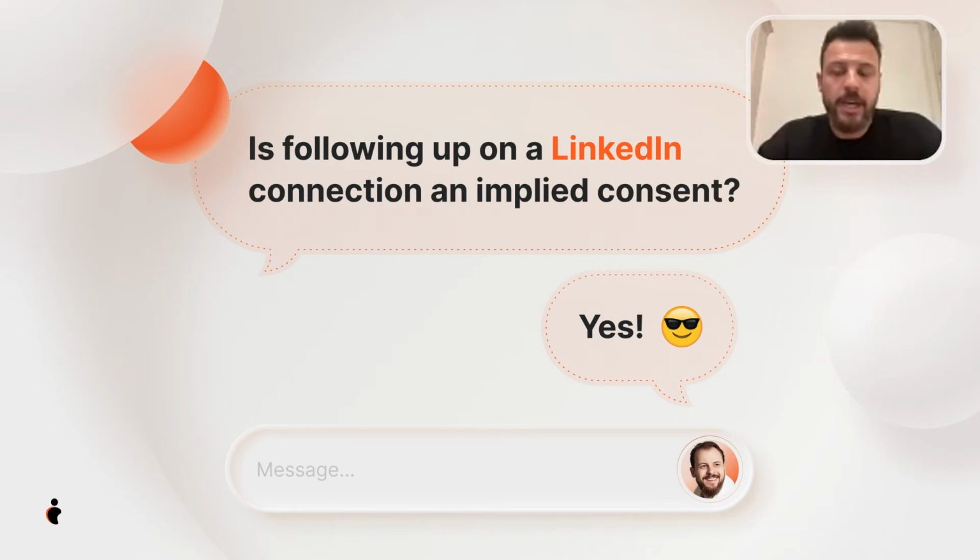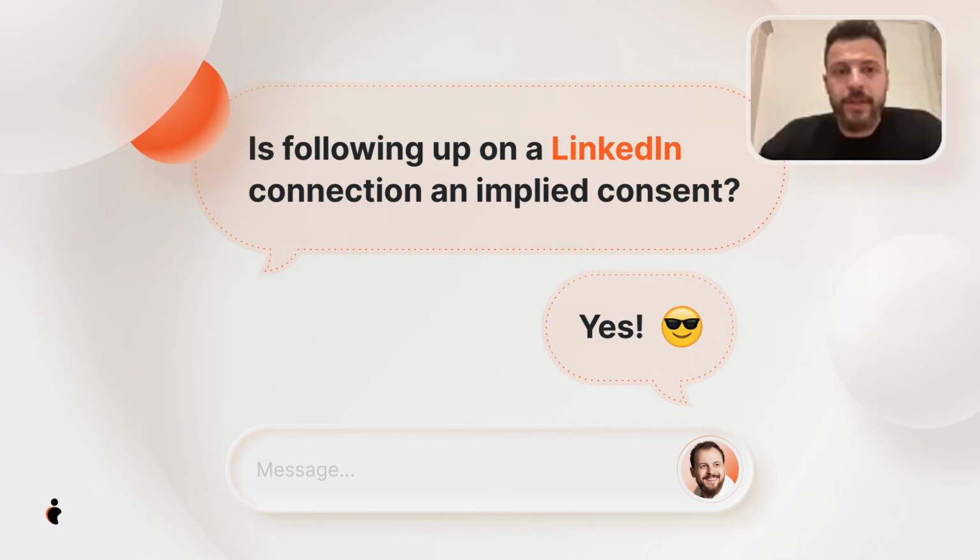So it means that if you're using an omni-channel approach and you're not just targeting people with ads and getting them to click or go to your website, but really anyone that expressed an interest in anything that you do with regards to your company, that is implied consent. It means that you can use this as an excuse to get in touch with them via different channels.